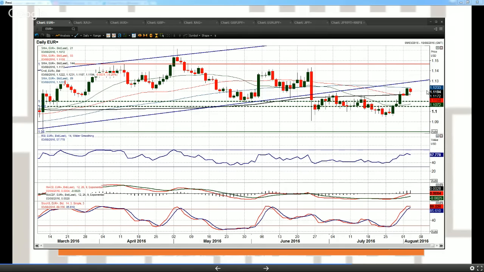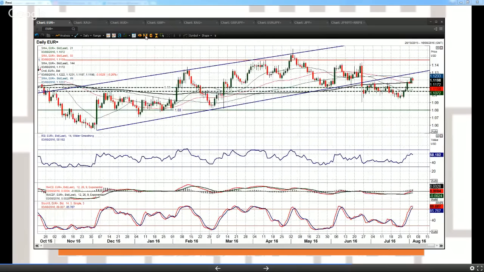Now, is this a sustainable rally? I generally don't think so. I think this is a rally that's going to fall over. I have been saying this for a while. Basically, I've been on the strategy of selling into strength on euro dollar for pretty much the last few months. Yes, this rally has gone further than I thought, but it'll be interesting to see